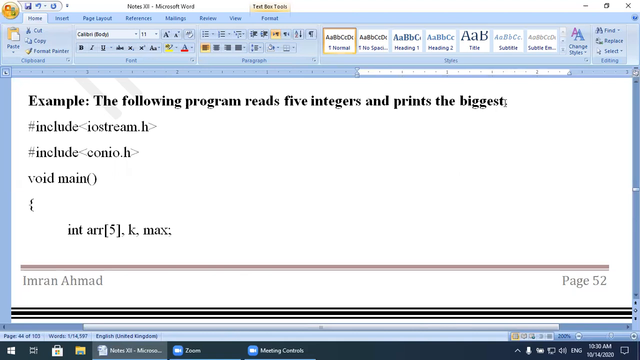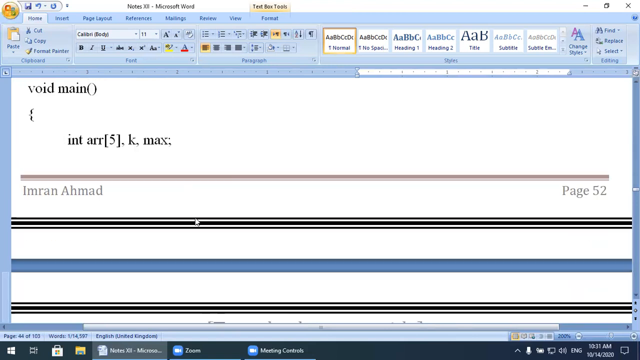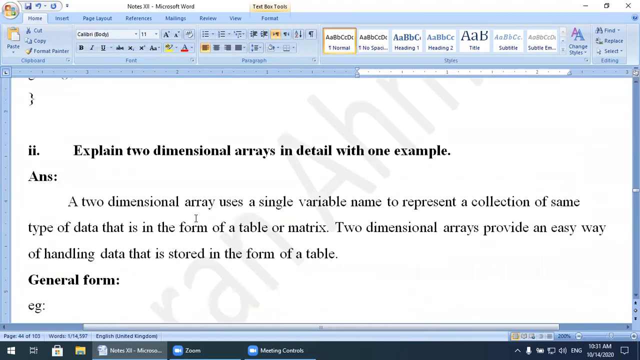Now I want a little bit of change according to this program. It is like this: the following program reads 5 integers and prints the smallest. This one, you can find the smallest as well. Only a little change in this program, you can make it easily. So this one was the